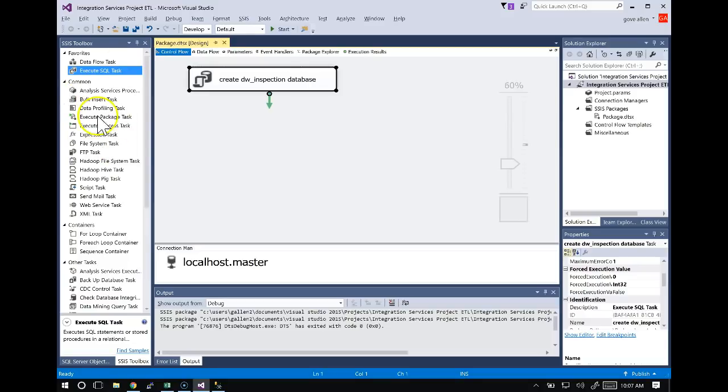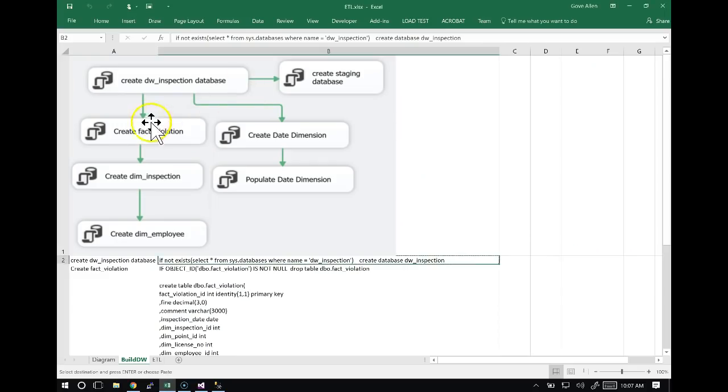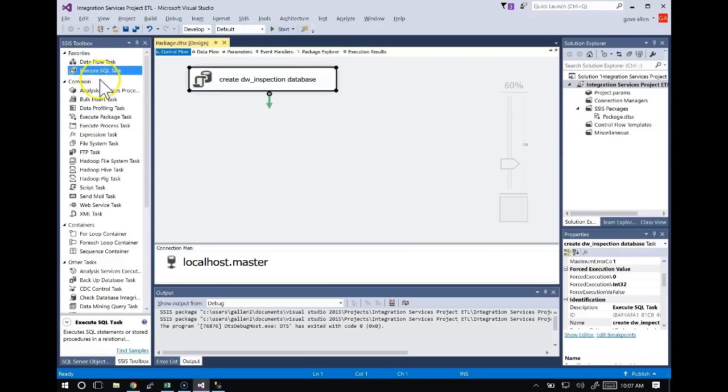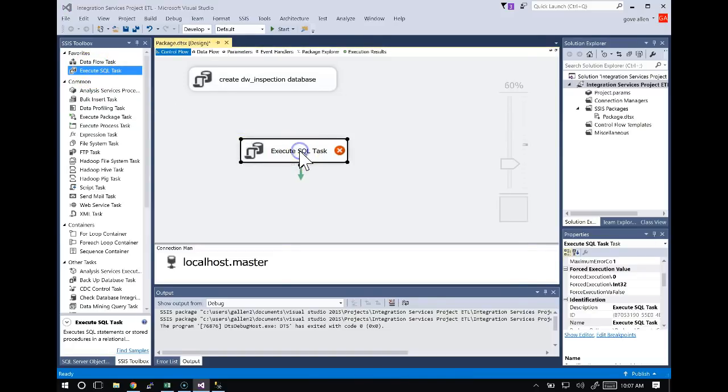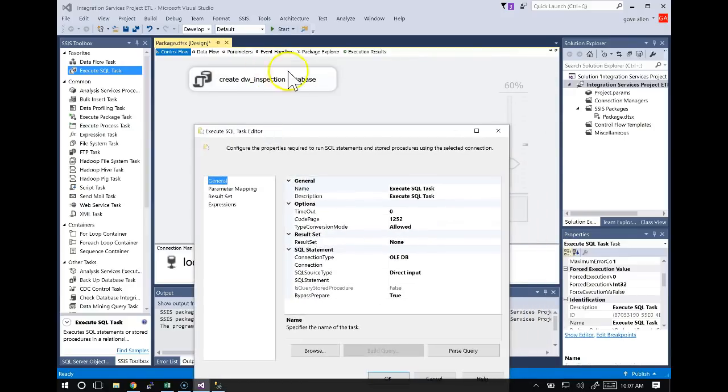Okay. So now we're going to build out the rest of that script. The next task that we're going to do is create the fact table on violation. So I'll bring in another execute SQL task. And I'm going to want another connection manager for this one. Okay, so my create database,